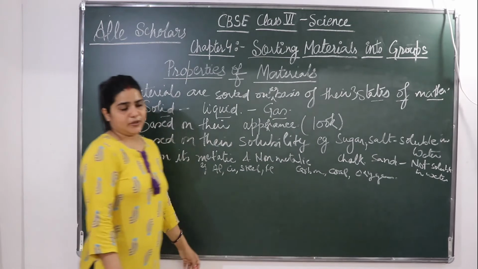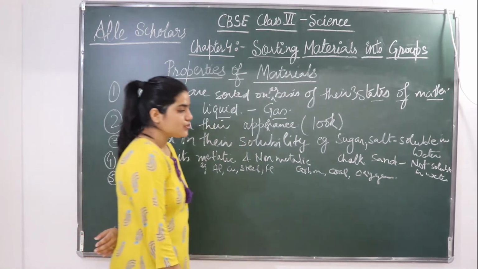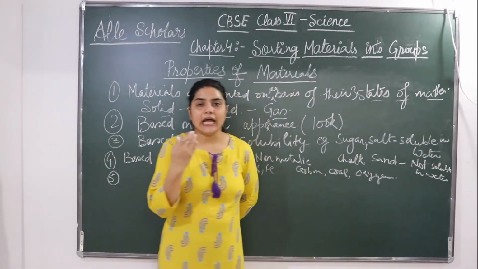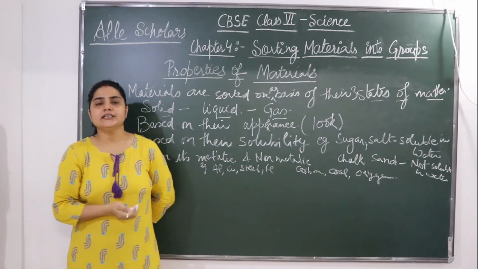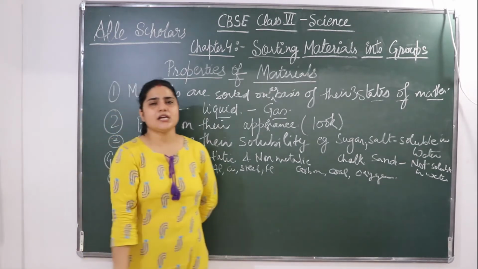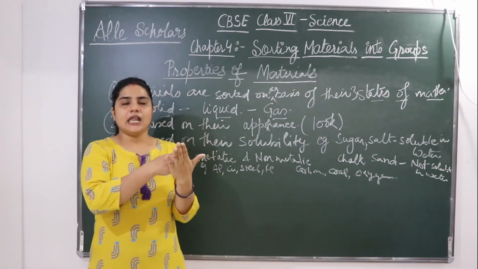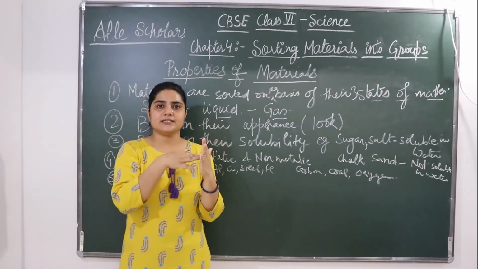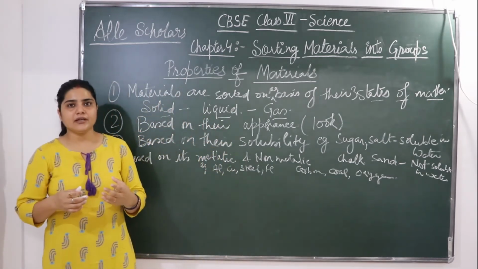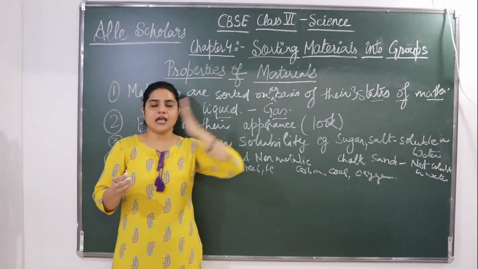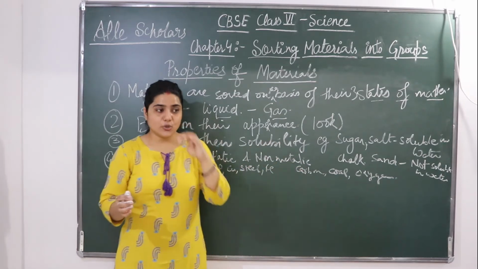Okay, these are non-metals. The fifth category on which these materials can be sorted is based on the light transmission through the object. It means how much light these objects can allow to pass through them. Suppose a glass is there, it is allowing light to pass, sometimes, depending upon the category of glass it is having. Suppose a net is there, it is totally allowing all the light to pass through it.